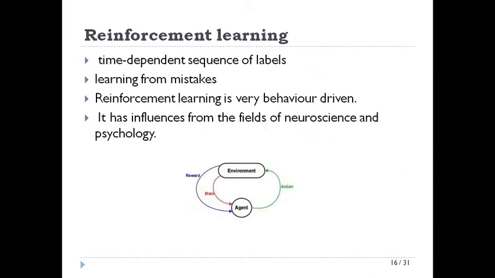Then we have reinforcement learning, where this is your agent, your algorithm. You give something to it and your agent is going to act on that. After that, if it is correct, you give it the reward. If it is not correct, you say that it is not correct, and the state of the agent is going to change. So you are learning. This agent is learning all the time depending upon the action, the environment, the reward and the state. So reinforcement learning is all about reinforcing good and bad behavior.